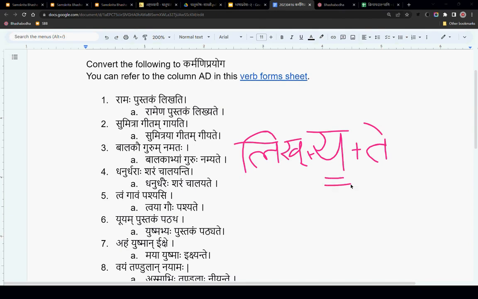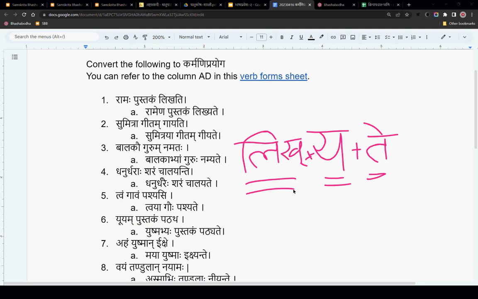Now this ya is a special pratyaya which needs to be added in case of those 4 lakaras. Likhyate, and the atmanepada endings need to be added after that. And the first part, the dhatu, is not going to change its form.